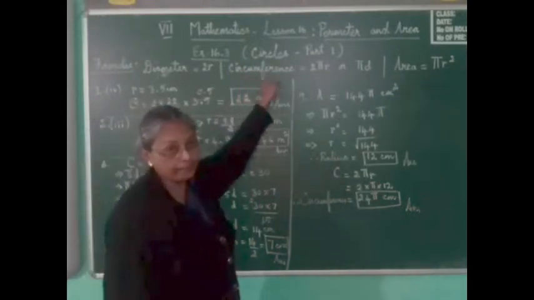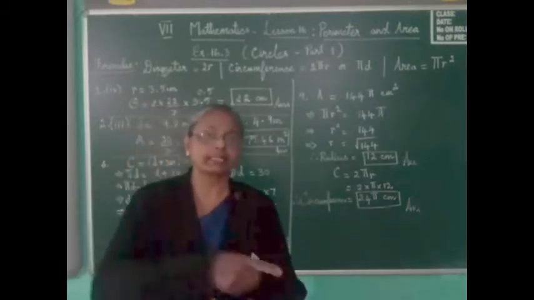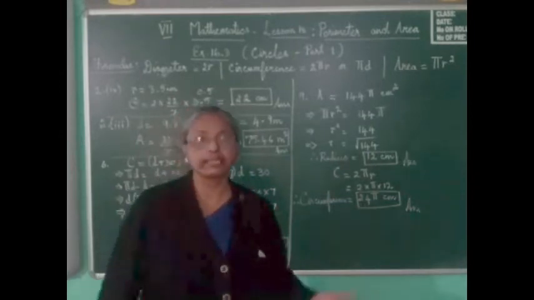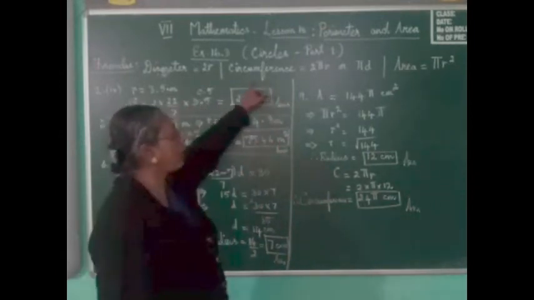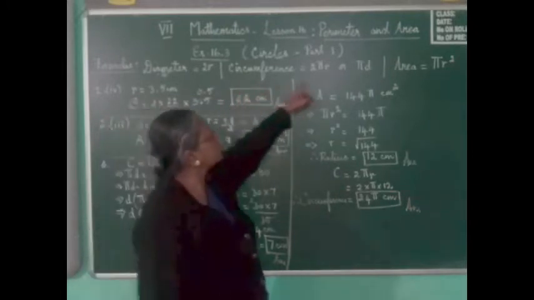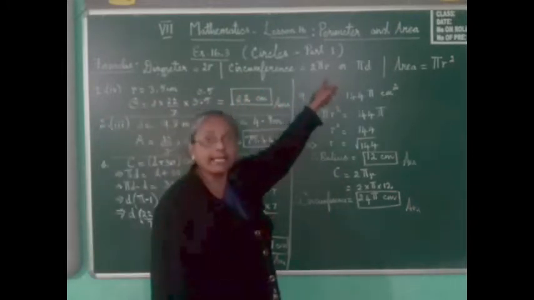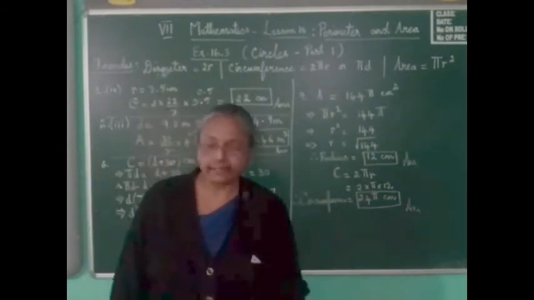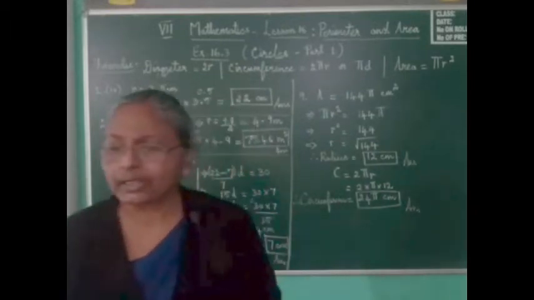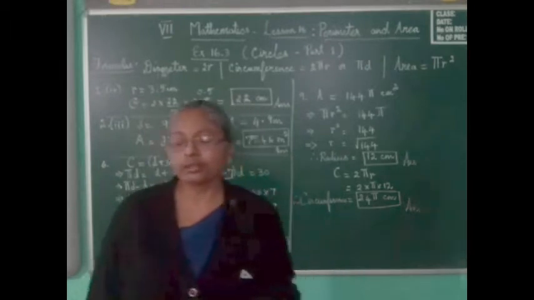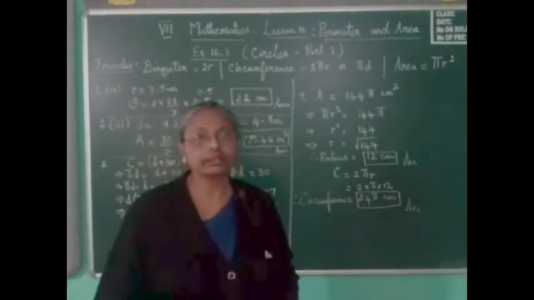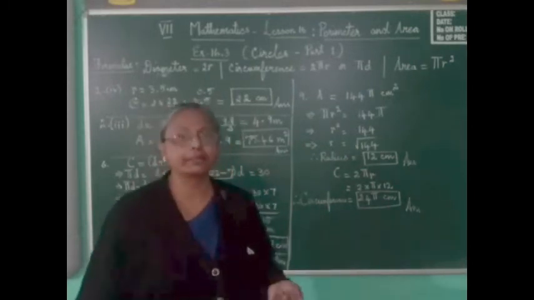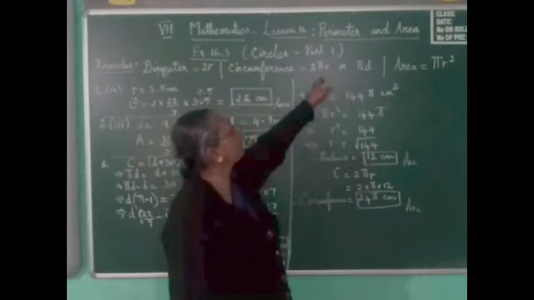And what is circumference? Circumference is just the perimeter, the outer length of the circle, the outer length or the boundary of the circle. That is the circumference of the circle. So what is the formula for circumference? It is 2 pi r, and pi is a Greek letter, and the value of pi is 22 by 7, and it has another value which is 3.14, which we need not apply unless it is mentioned. In certain sums it may be mentioned for your level. If it is not mentioned, you can use 22 by 7, and this is 2 pi r.